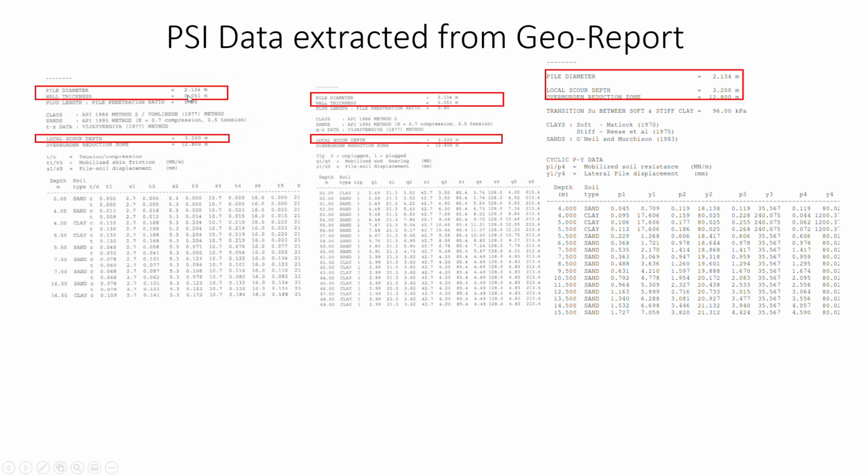Whatever pile you are considering for the design, if the pile diameter and wall thickness are the same as when they sampled the soil from the seabed, we can use all this data as it is. If the diameter and wall thickness are different, then this is the reference diameter, and we have to take the ratio of the actual diameter to it and multiply it to this data.